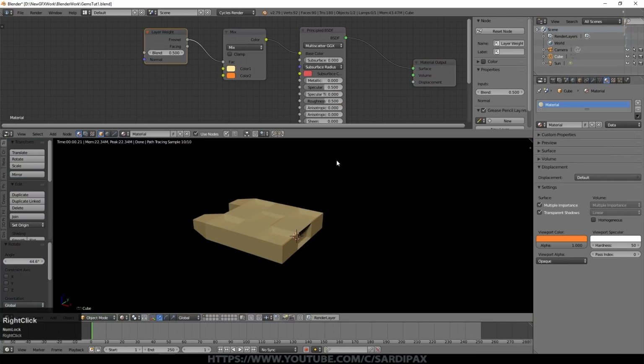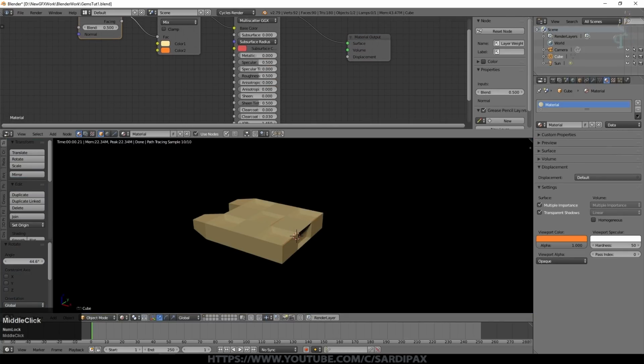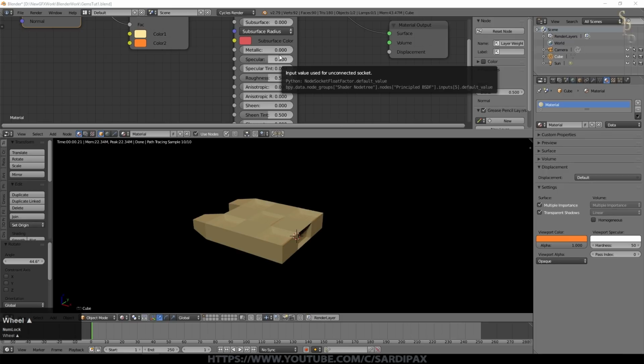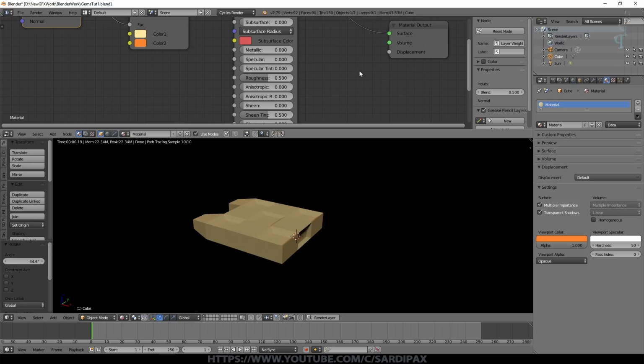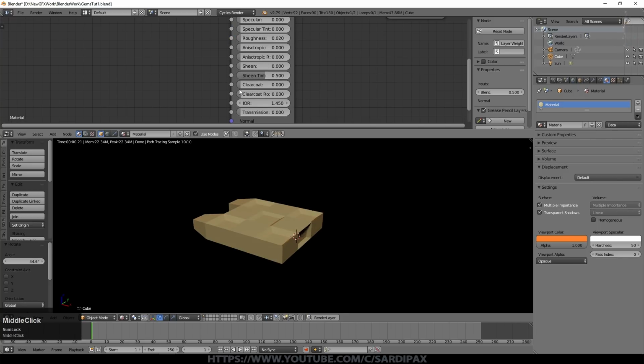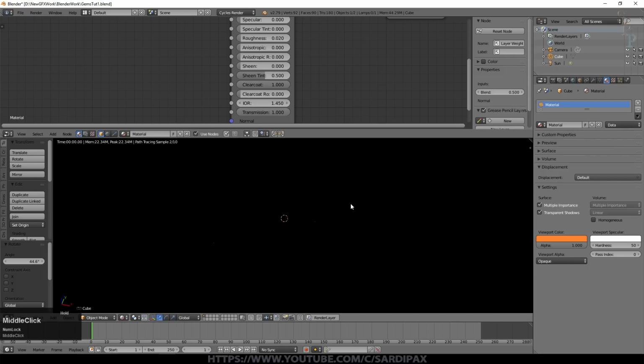And what we now need to do is just make a few other changes down here. So I left metallic at 0. I turned specular right down, so that gives you a much sharper reflection. I had roughness at only 0.02. I had clear coat up at 1, and I turned transmission up high as well. So what you can see is we're only really seeing the reflections now. A lot of what you can and can't see will depend on the lighting conditions.